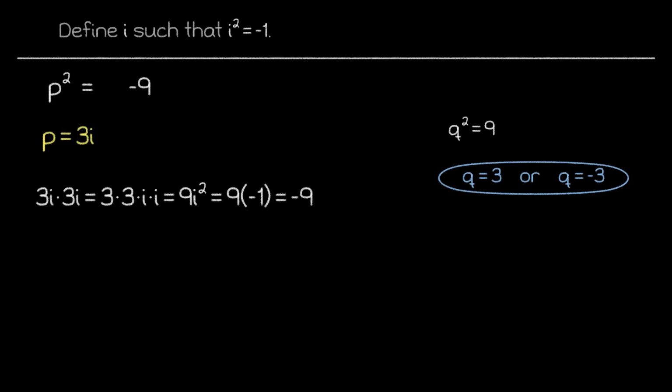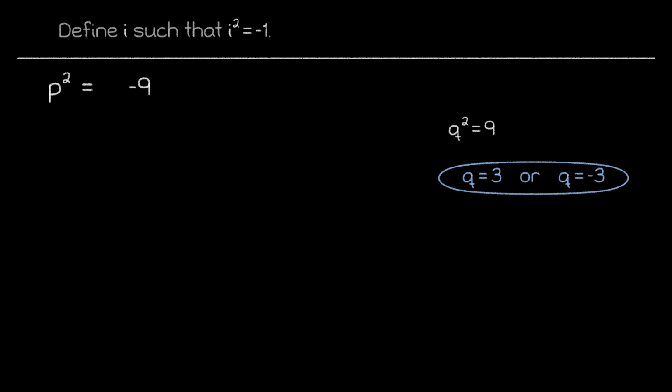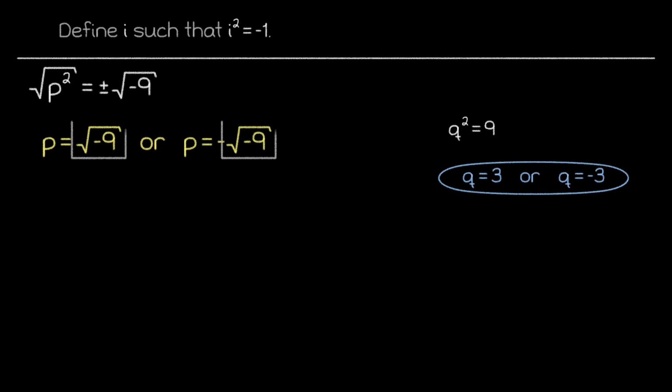But this might make you wonder if there's still going to be a second solution to this equation. So let's take a step back and try formally solving this equation. We can do so by taking the square root of both sides and then splitting the equation into two parts, one with a regular square root and the other with the negation of that square root. However, both of these equations raise a question, which is, how do we take the square root of a negative number now that we've officially introduced the imaginary unit?